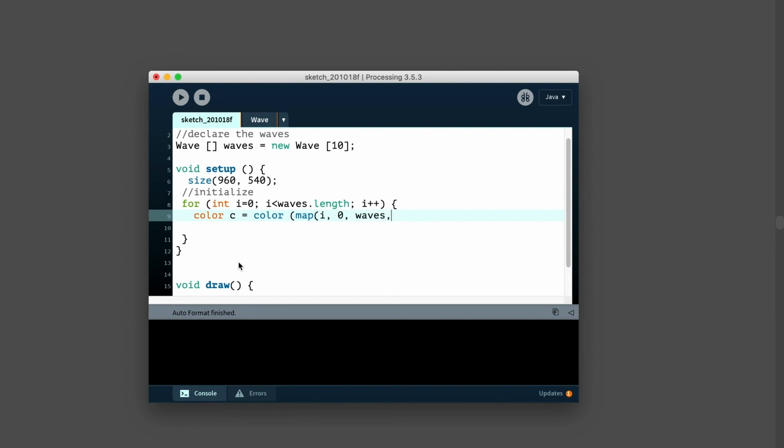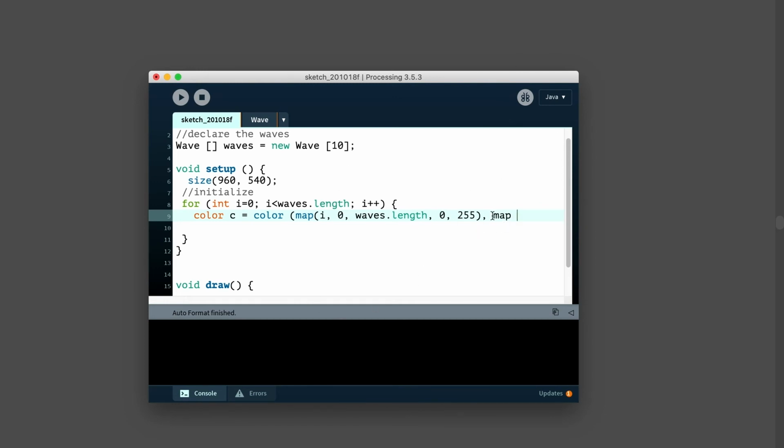And again, the way the map function works, it's what's the value that's being changed, what's the current minimum and maximum, and then what's the new map minimums and maximums. So waves.length, that's the minimum 0, and this is the waves.length. I guess technically it's -1 because we never go all the way up here, but this will be good enough. 0 to 255, and then let's map.